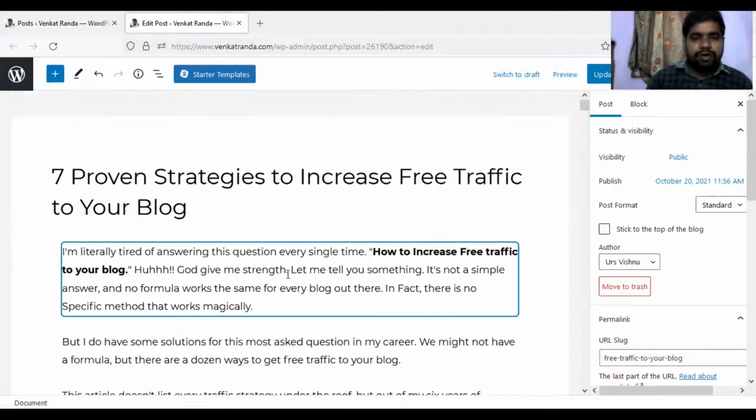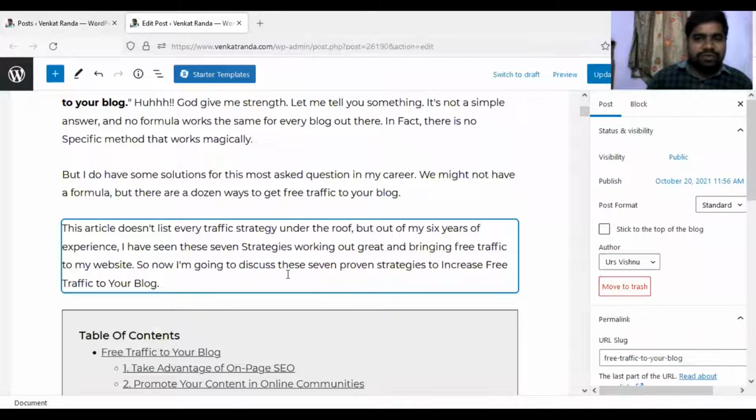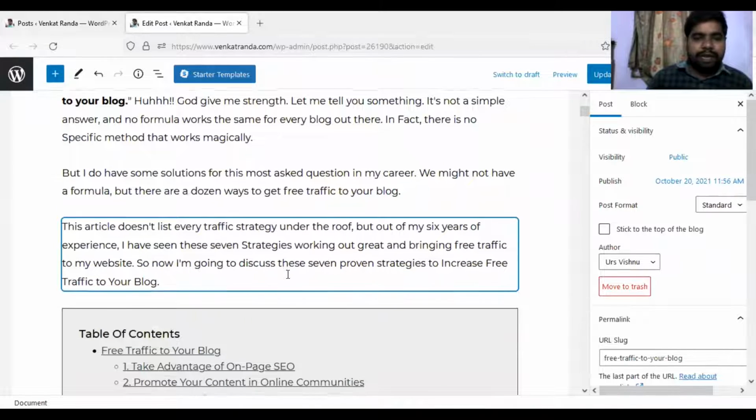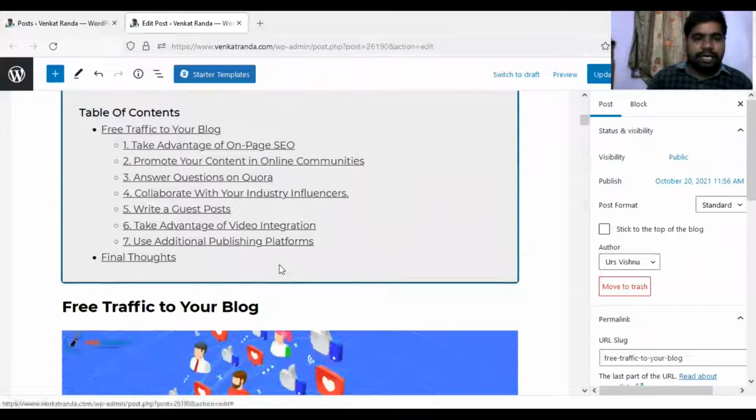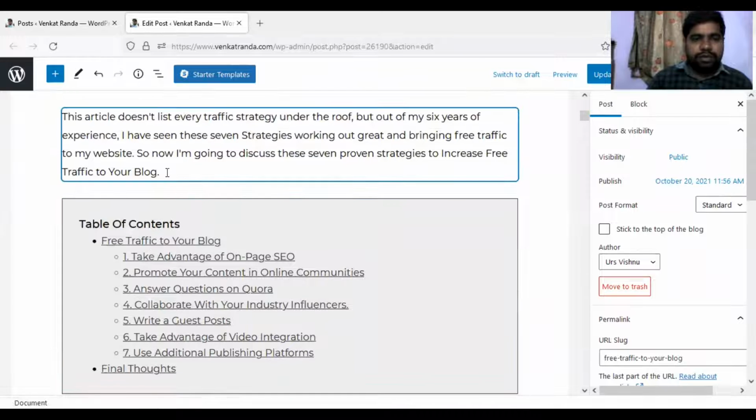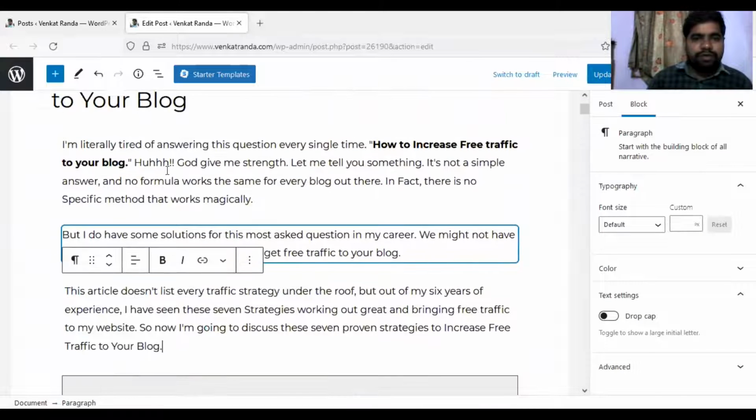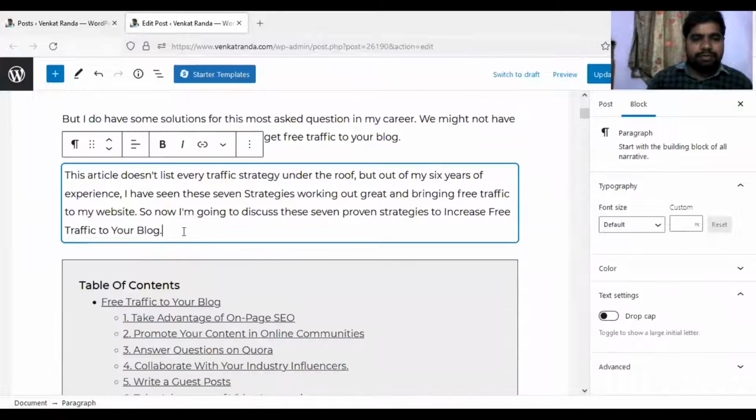First, you have to decide at which place you want to insert the table of contents. I already created one for this blog post, so I'm showing it again. Suppose I want to display my table of contents under this paragraph.